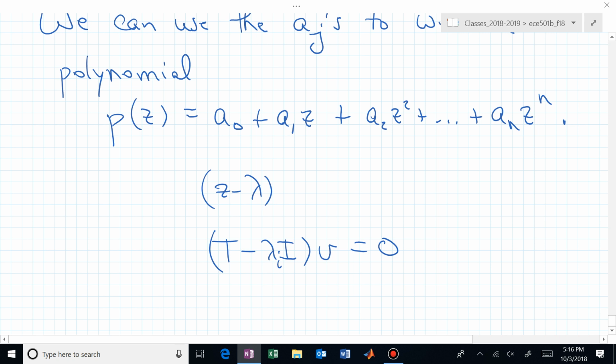And if that's the case, then we now have a non-trivial null space that exists, and we can now say that that has to happen at least once for this polynomial to be 0, and because of that we now are guaranteed of having at least one eigenvalue associated with this